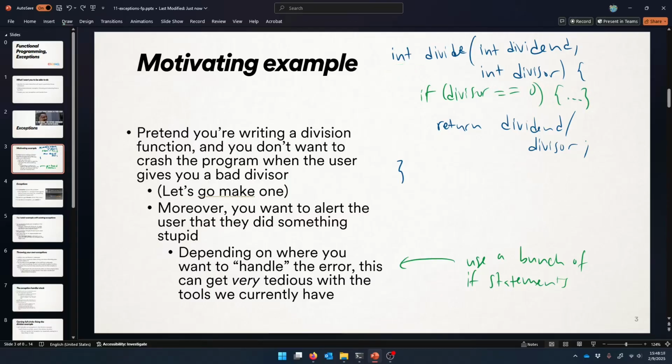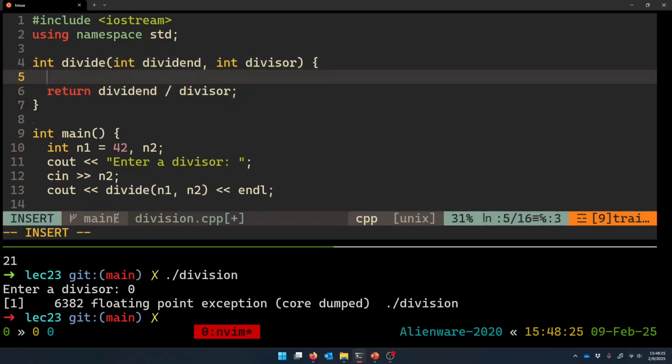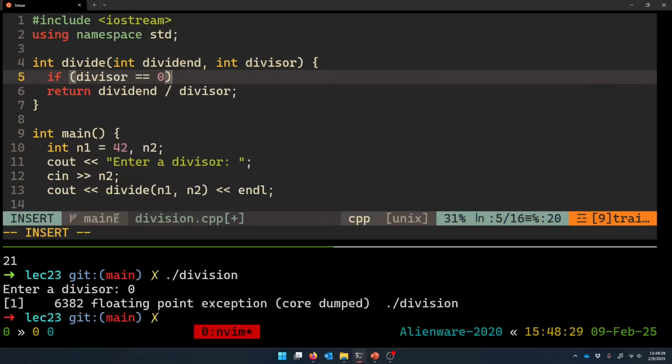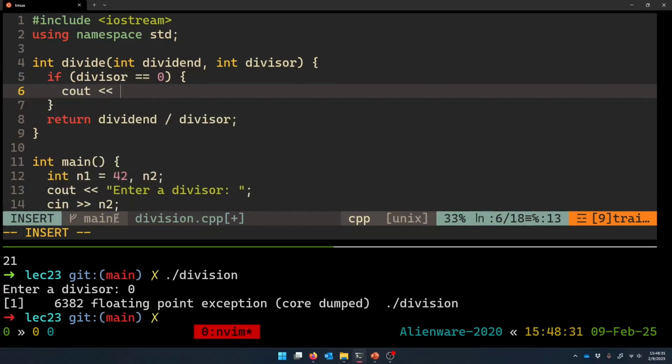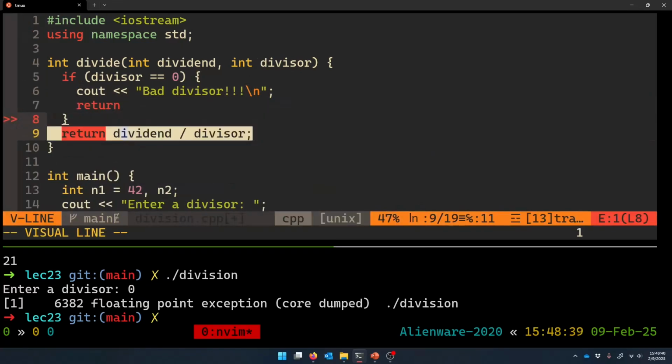-1, we could return some weird looking value, but then suddenly we're not sure if we got that value normally or not. You see that? That's unfortunate. So, I mean, here's about as good as we can do right now. So if divisor is 0, then yell at the user, bad divisor. But I mean, the show must go on. We're trying to not stop the program right now. So we still have to return an int and not let this line run. So we'll return